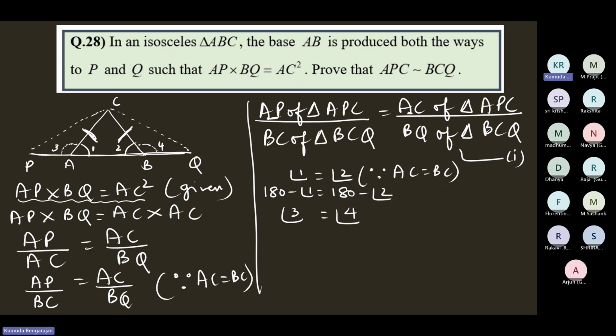So if angle 1 is equal to angle 2, 180 minus angle 1 should be equal to 180 minus angle 2. You're doing the same thing on both the sides. So 180 minus angle 1 is angle 3, and 180 minus angle 2 is angle 4. So like this, angle 3 is equal to angle 4. Call this result 2. So from 1 and 2,